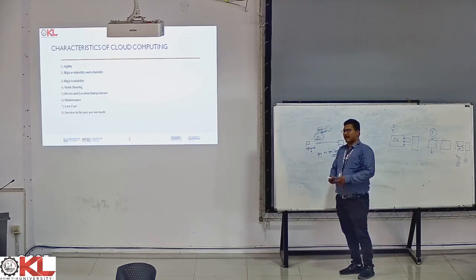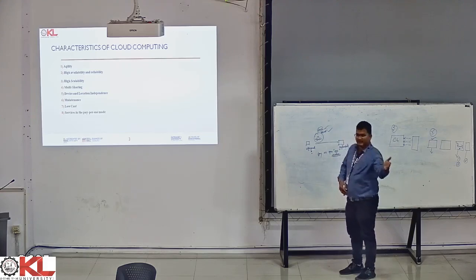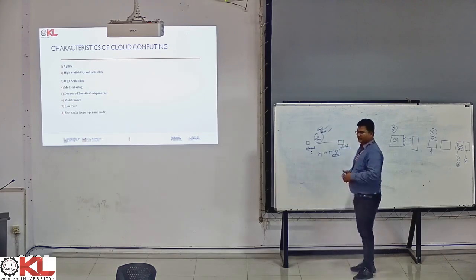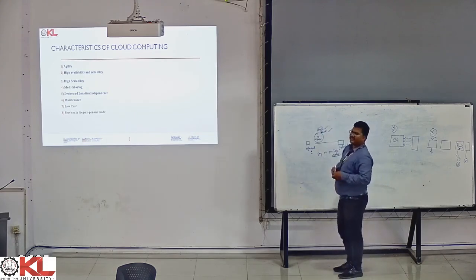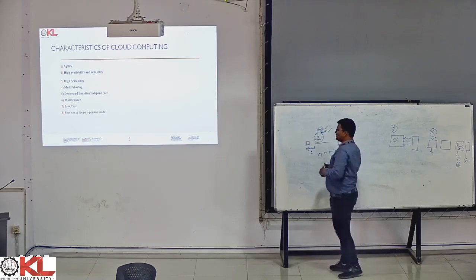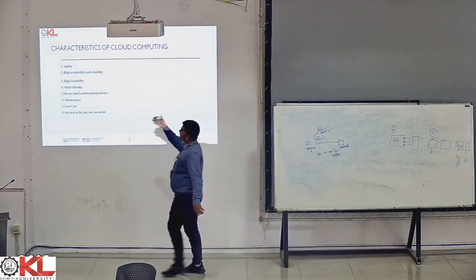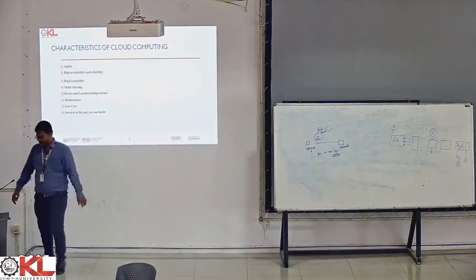Similarly, with milk, for example, you need not always have your own cow and get the cow milk at your home. You can instead go to the shop and purchase a milk packet, and for that you can pay 35 rupees for half a liter, and you can get it. So you're paying a certain amount and getting the services back from that particular shop. Exactly here, these are the characteristics we have in cloud computing, which will offer us certain services, and these are the compulsory characteristics provided by